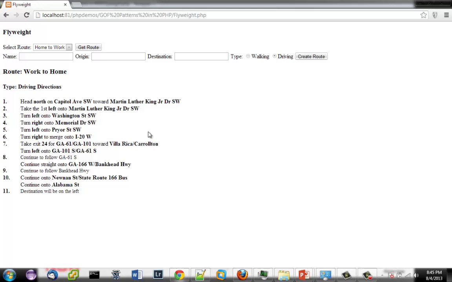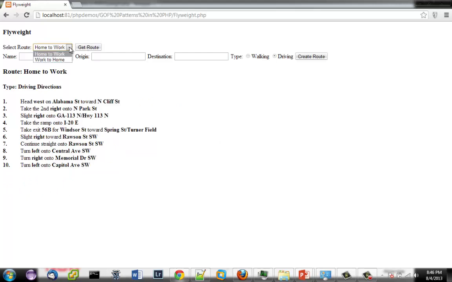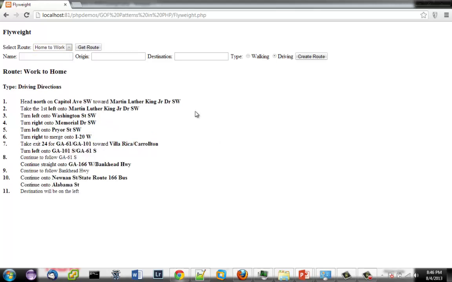So this actually saves me time and effort rather than going out to Google services and using all the heavy lifting that is needed for that, loading up curl and then loading up the JSON parser and doing all that. I just go to my cache, get it from there, and it's much simpler and uses fewer resources. And I don't have to worry about doing all that heavy lifting. So this implementation of the flyweight makes a very fast and agile application by implementing a caching mechanism for shared resources. Every time I call this, I don't have to go out there and load it from scratch. So that's one instance of how you could use the flyweight pattern.